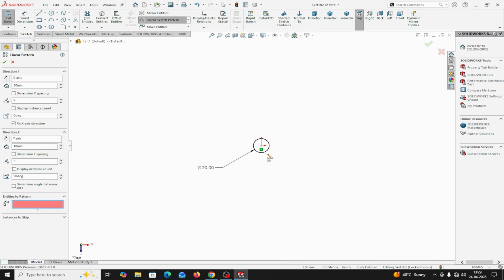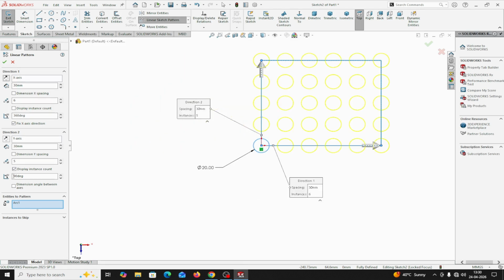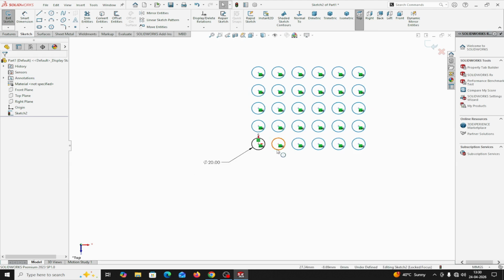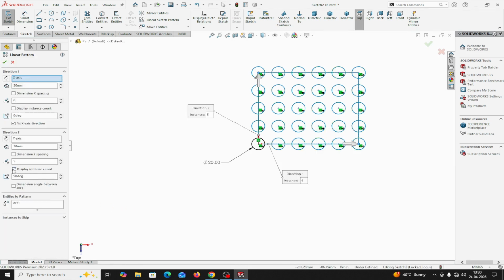Entities to pattern, select this entity, this one. Increase the distance to 30 mm, for example. Now you will see this one. You can change the direction from here, left hand, this one, and the Y direction you can change also from here, this one, in this way. Now you will see there is no change in the Y direction. Suppose I want to edit, this is showing, I edit linear pattern, uncheck this one. Now in X direction and Y direction no dimension is displaying,